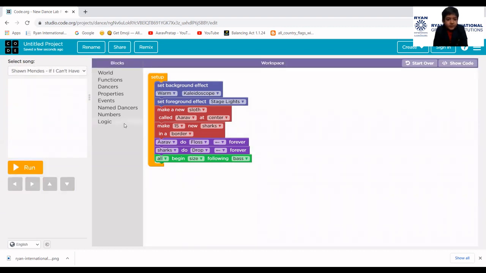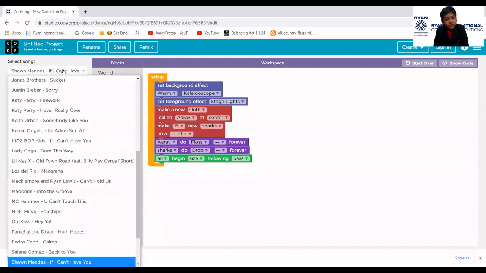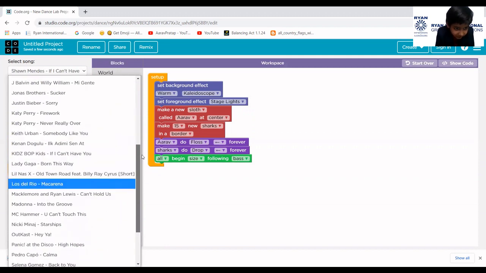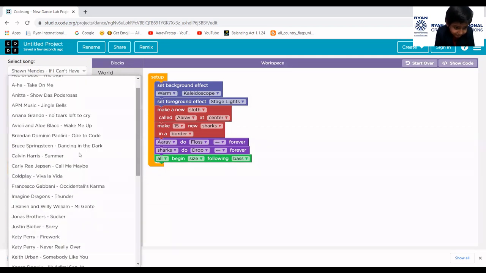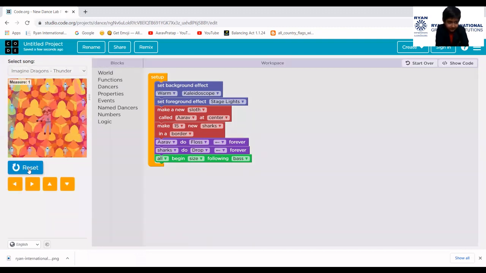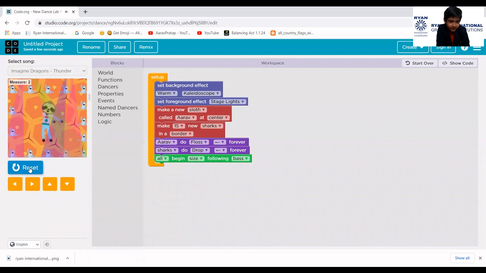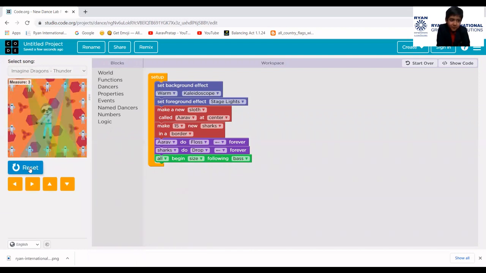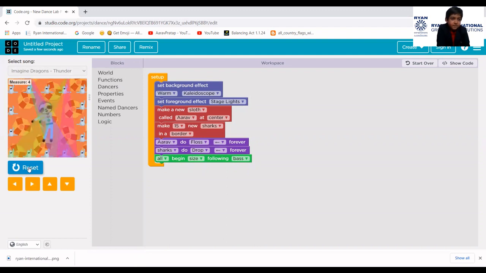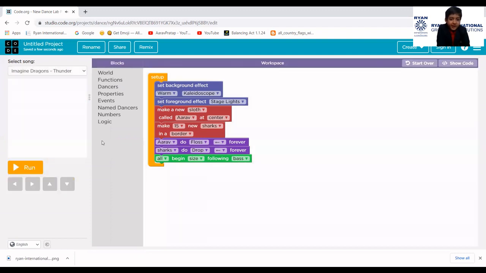See? Now we can also change the song. Now in the song, you can choose any song. Yes. Okay, let's just choose the song and let's see if the song is okay. Okay, now it's perfect. Now our first setup is done. Now we will add the second setup. And how do we add second setup?